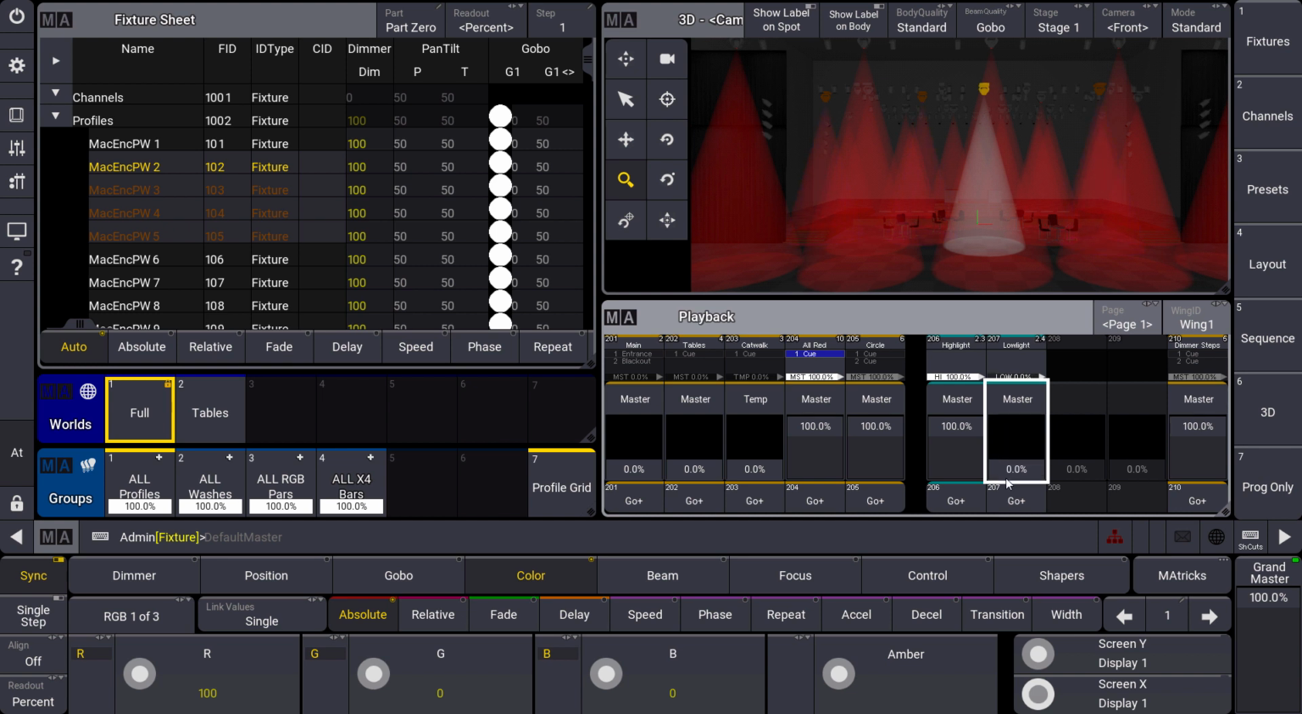So you can see that these special masters can be very helpful, especially to identify some fixtures in your rig in live situations. So have fun with the Highlight and Lowlight Master and